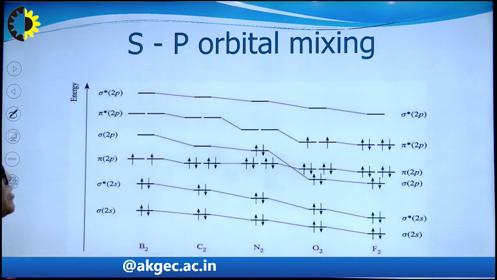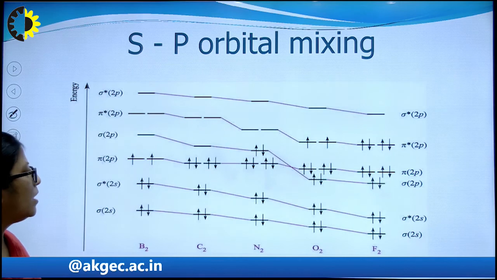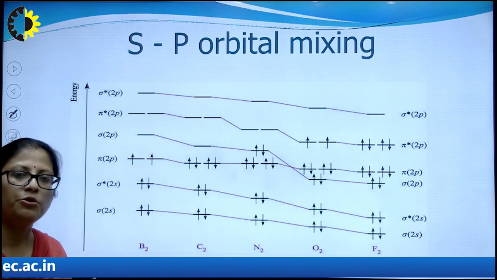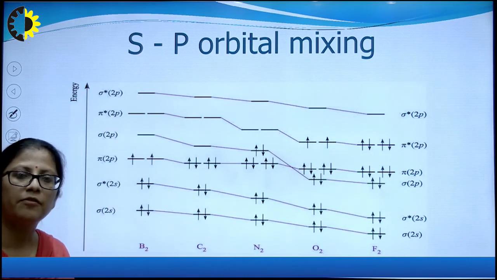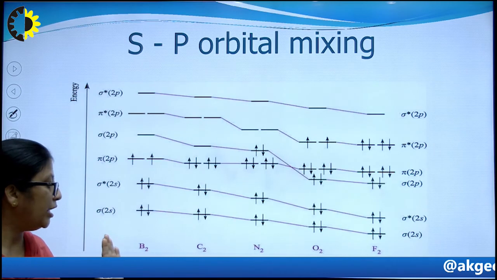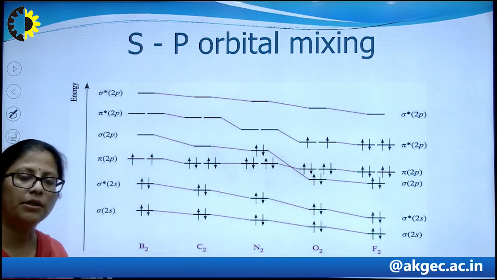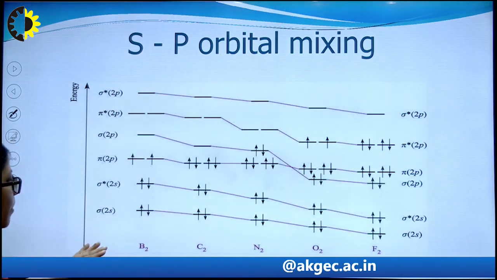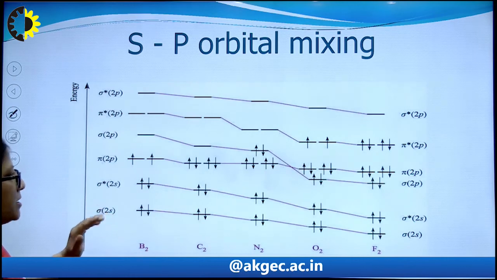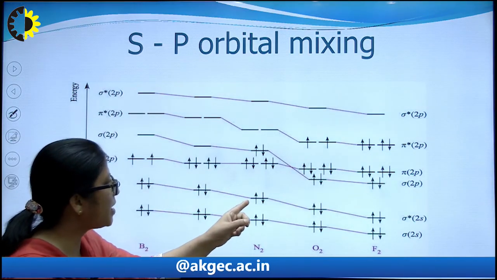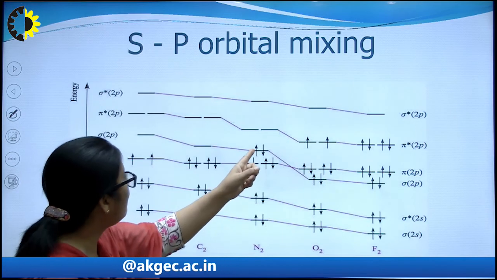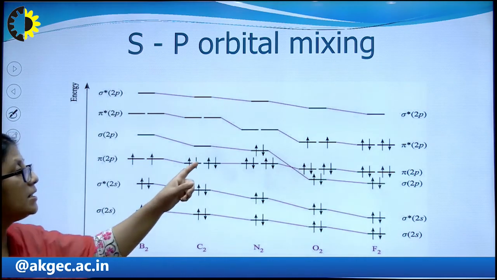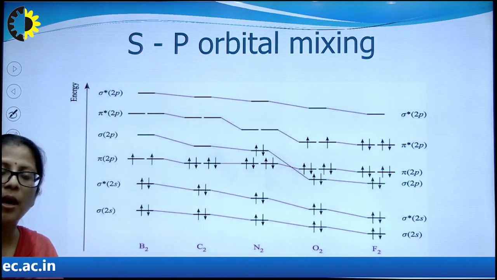Now, coming to the sp orbital overlapping. The filling of molecular orbitals takes place in two ways. First, filling up to the nitrogen molecule, that is up to 14 electrons, is sigma 1s, sigma star 1s, sigma 2s, sigma star 2s, then pi 2p and then sigma 2p. Pi 2p is lower in energy in comparison to the sigma 2p up to 14 electrons, because when the